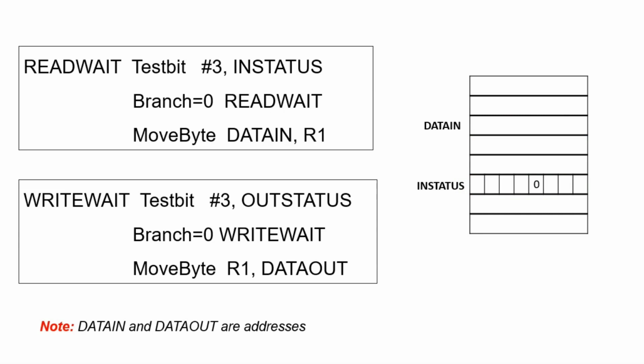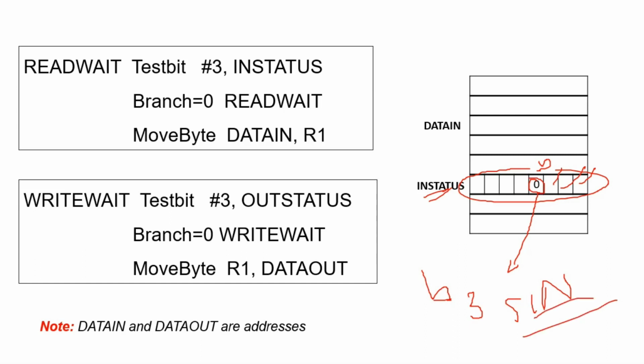Here I have taken the keyboard as the input device. So this is SIN. Here this bit is SIN. In this entire one byte, whose address is in status, a particular bit, that is B3, see, this is B0, B1, B2 and this is B3. So the B3 bit in particular in the status byte is the SIN flag. And the address data in is the byte where the keyboard places its data after it is ready.